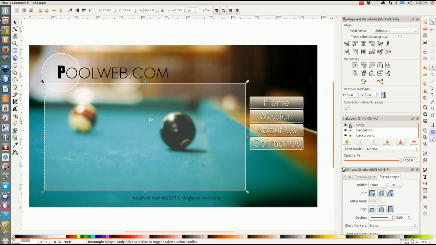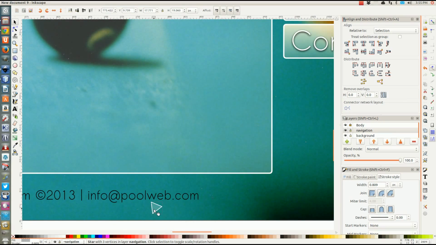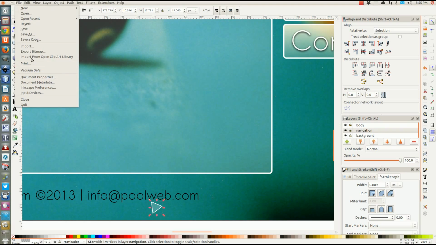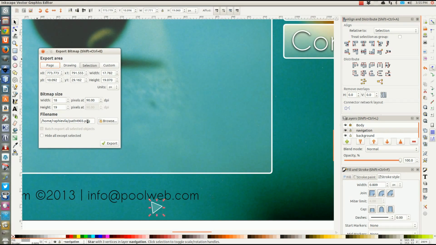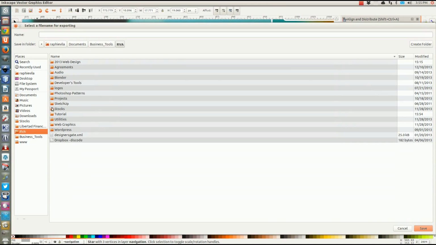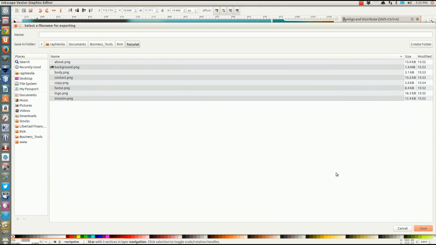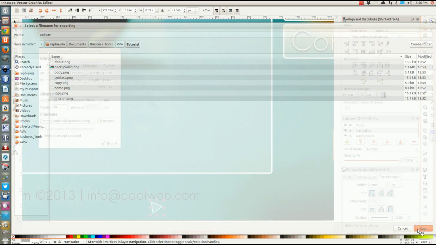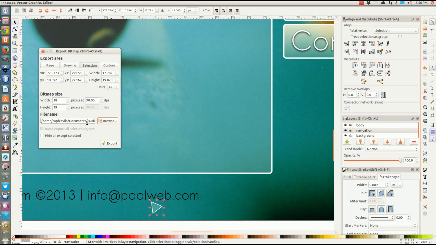Apparently I put the pointer, so that's going to be my pointer on the hover. So I come with that selected, go back, File, Export Bitmap, browse, tutorial, pointer, save, .png,